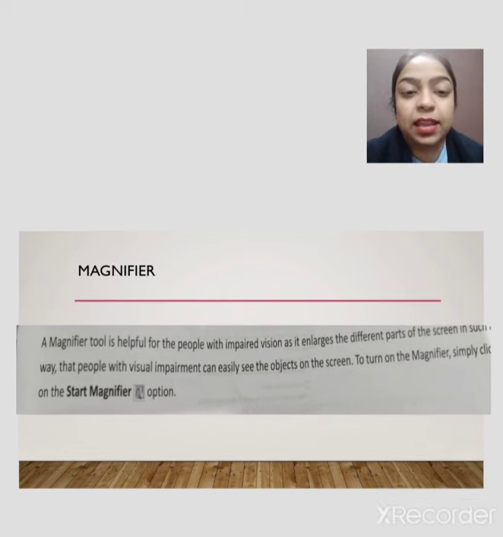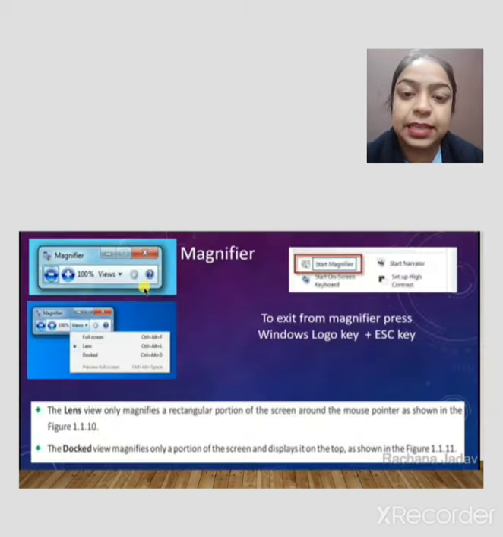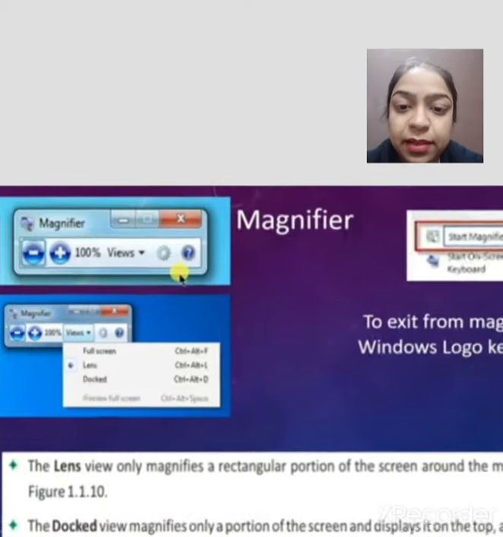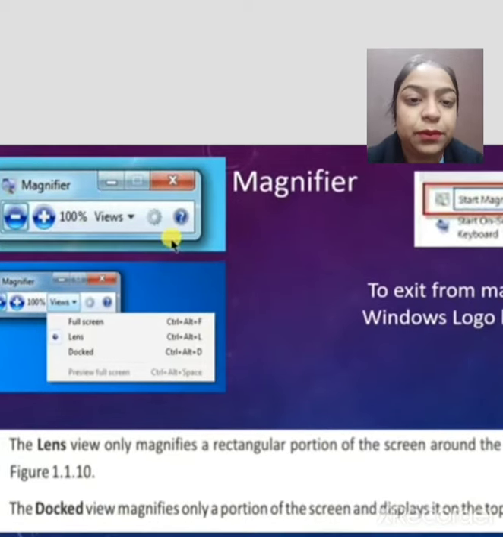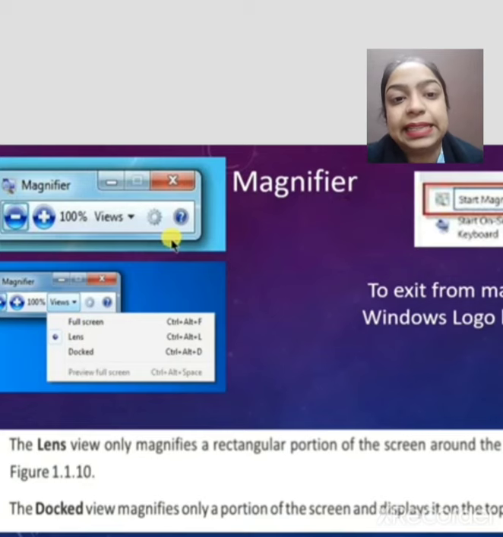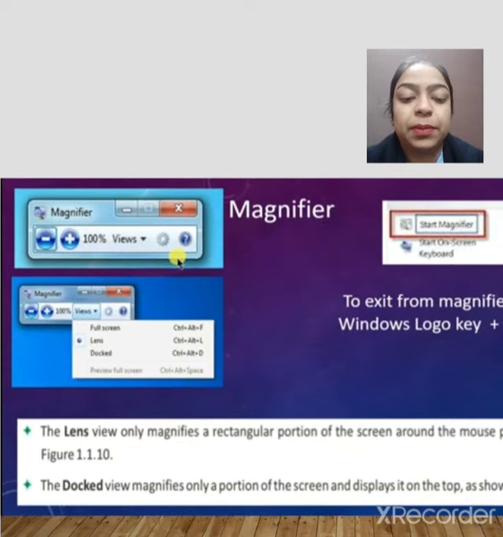For example, this is content written on a screen and you want to see it clearly, so the person can use a magnifier. See, there is a magnifier, 100% view means clarity, that is zoom in. If you want to increase the size of the object or image, you can easily do it. These are the different ways by which you can use the magnifier.